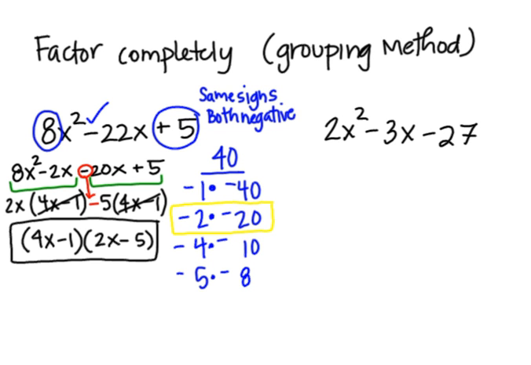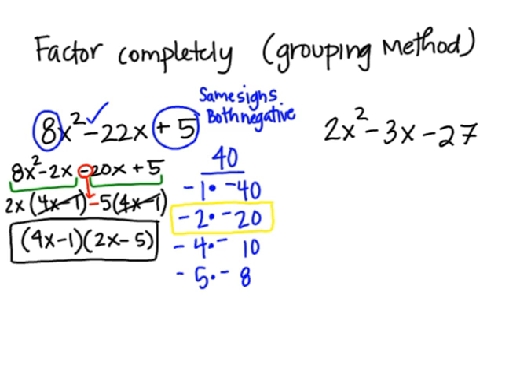Okay, now we're going to continue with the grouping method. Remember though, if you would prefer to work it by trial and error, that's great. You do not have to work it by the grouping method. Okay, so looking at this particular problem, 2x squared minus 3x minus 27,